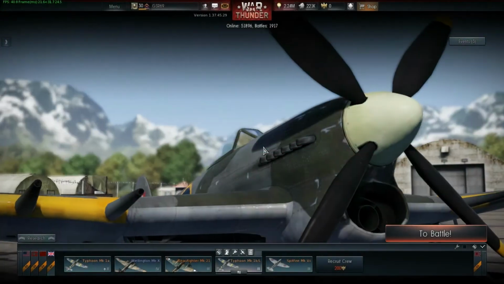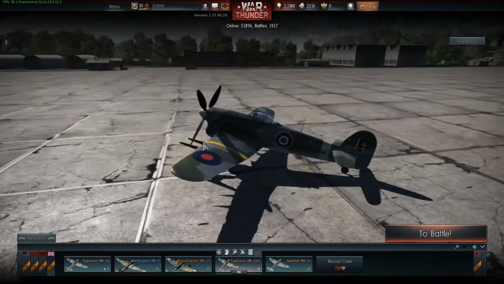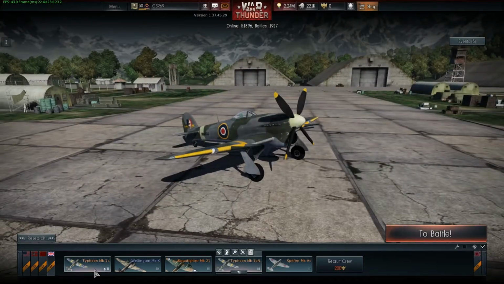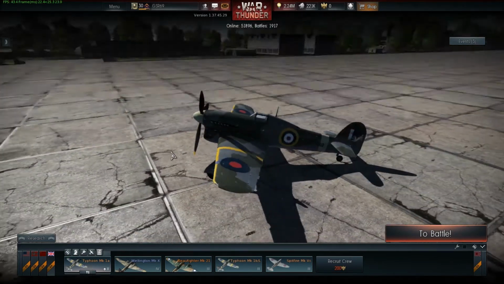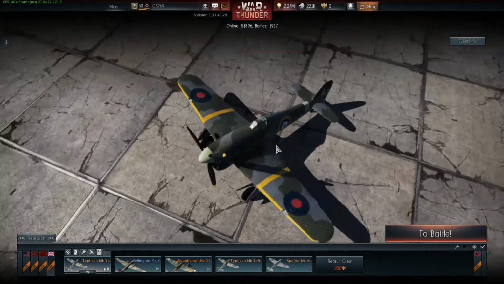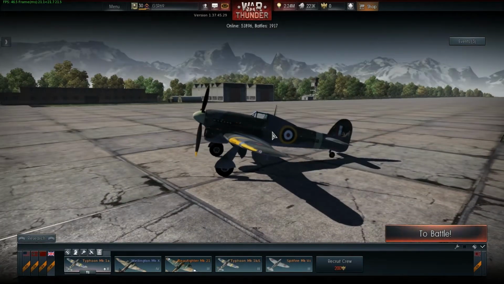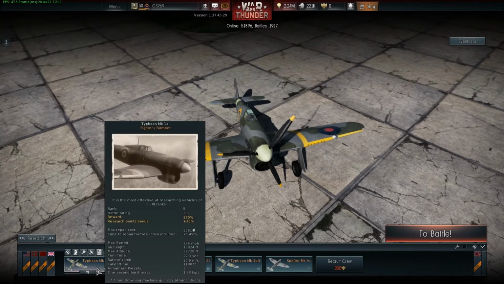Hi guys, in this video I thought I'd do a short review on this plane, the Typhoon Mark 1B late. The differences between this one and the Typhoon Mark 1A are, well, as you can see, the Mark 1A has a closed canopy, not a bubble canopy on the top, so it kind of restricts your view at the back, and it has machine guns. You can't diss this plane though because it has